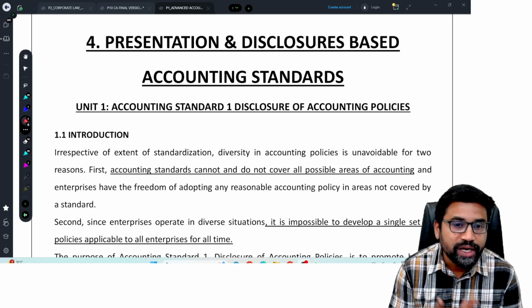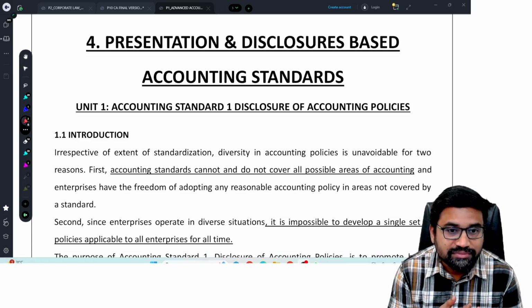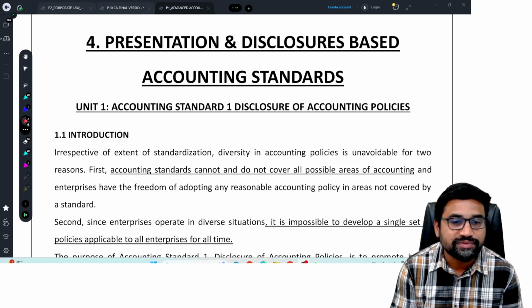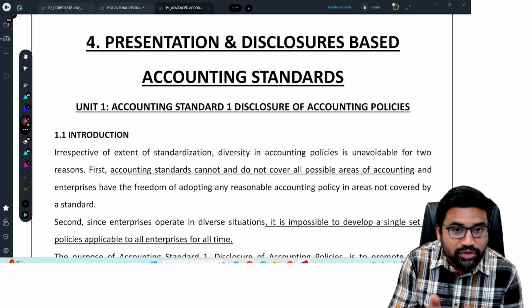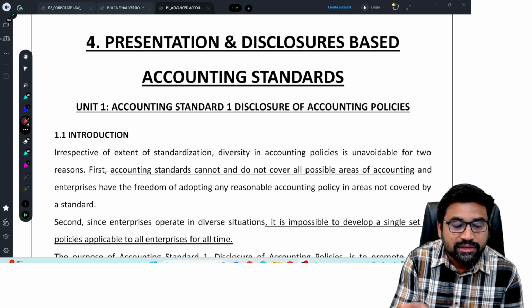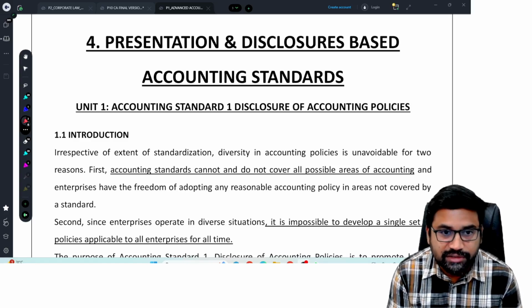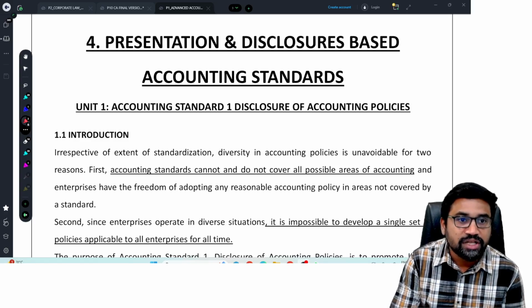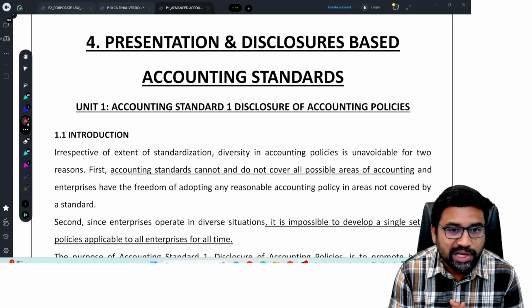See, no unique point is available from that author's book. Everything is dumped from the study material only. So why do we need to follow other materials, or any other material which is nothing but a copy-paste of the study material? If any book is giving you value addition, you can prepare that book. Suppose it is not giving any value addition and is not covering everything from the study material, then what's the use? You don't get any advantage by preparing those kinds of books.